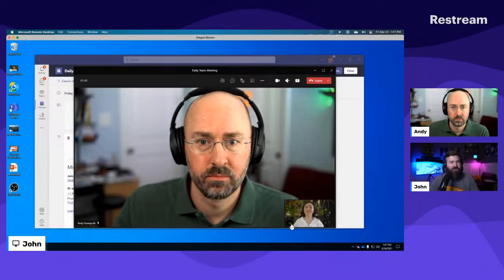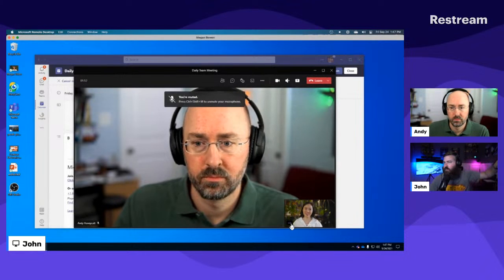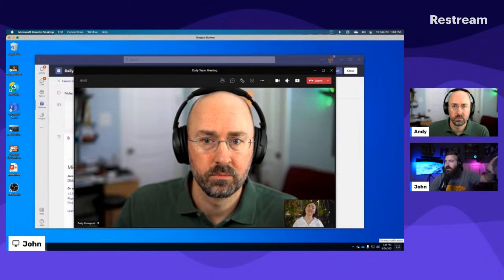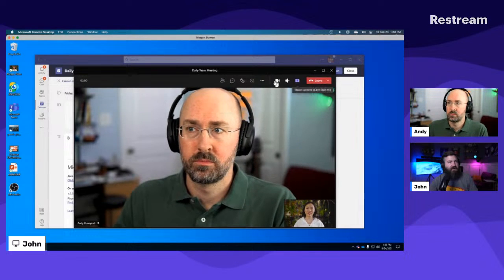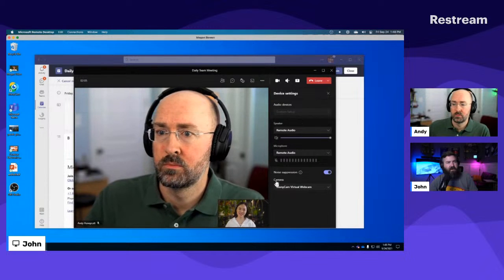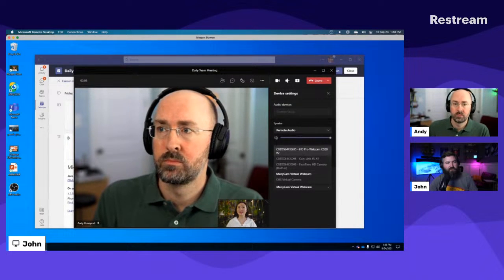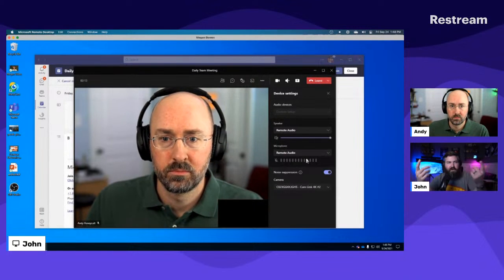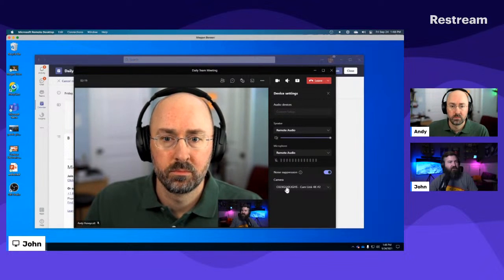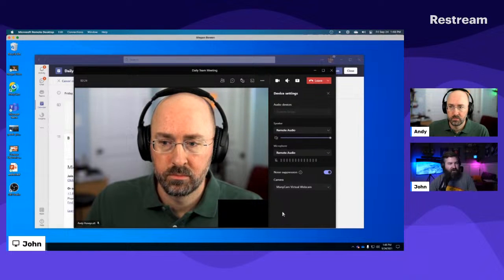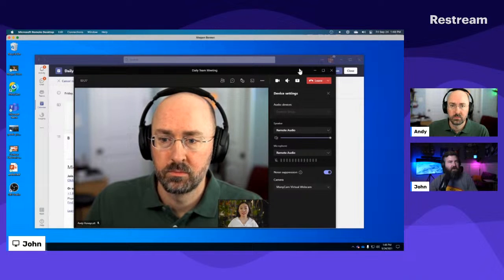Another way that she could do that is say she had a camera pointed at a whiteboard all the time, which Alex asked in the chat. We will talk about the content capture and how that's going to be set up when it arrives. What you could also do is go into device settings right here in your Teams meeting, and then under the camera, she would be able to switch to another camera. So I can switch to this camera and you guys will see my face pop up through remote desktop, but I'll switch back to Megan. And that's one way that you can switch a camera if you don't want to do anything fancy with switchers or virtual OBS type stuff.